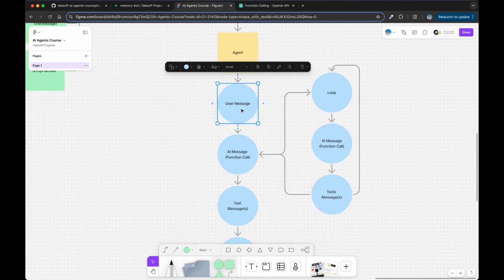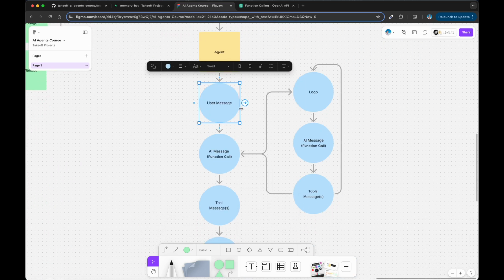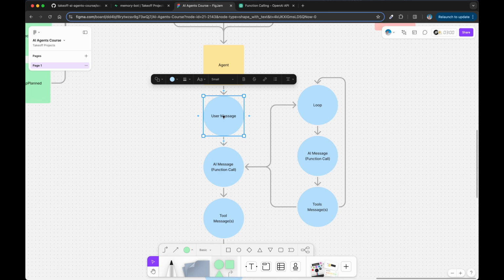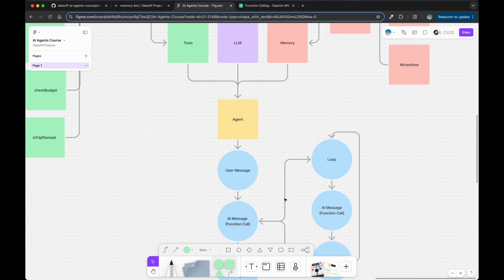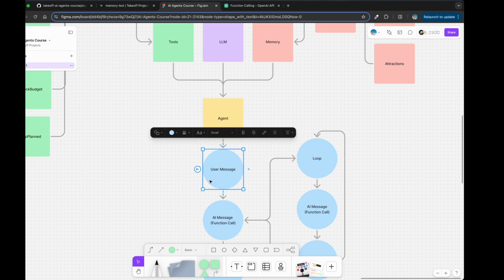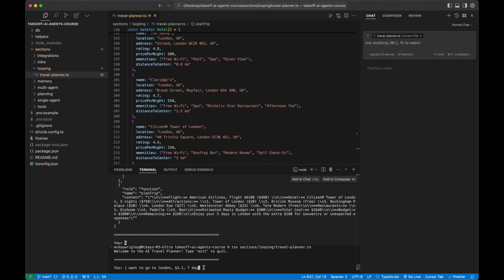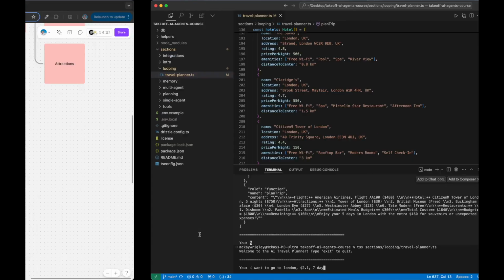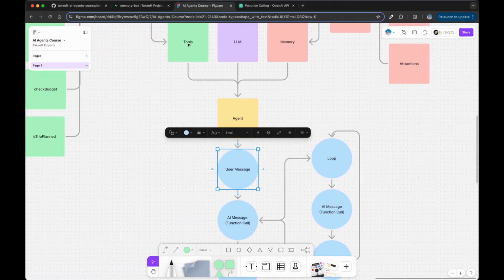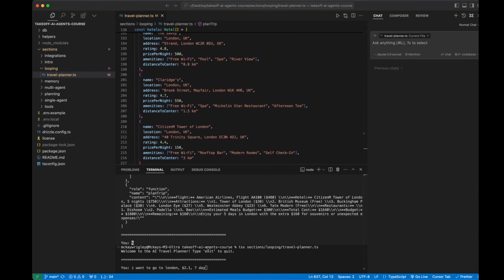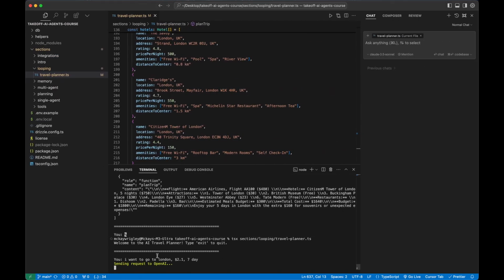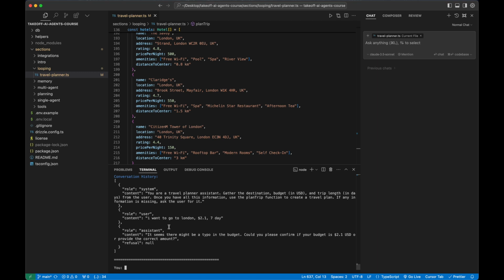So at this point, we're going to send our first user message to this agent. And that user message is going to give the 3 parameters that are required to call plan trip. So what's going to happen is the model is going to see this information that I'm about to send it, and it's going to say, okay, these are the functions that I have access to. It looks like plan trip depends on those 3 variables, which I now have access to. Let's call that function. Okay, so let's just get to that point. Okay, so we're going to send that. You'll see that